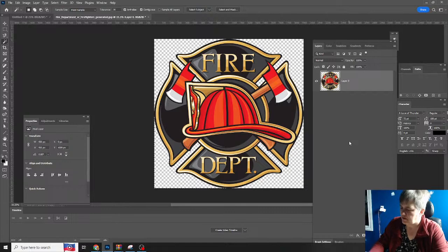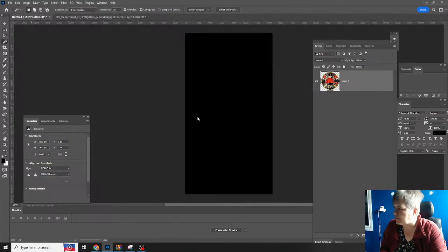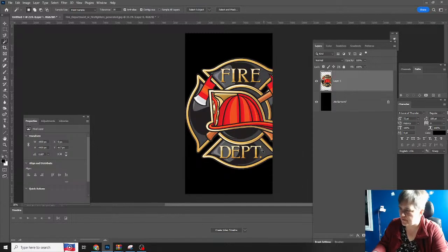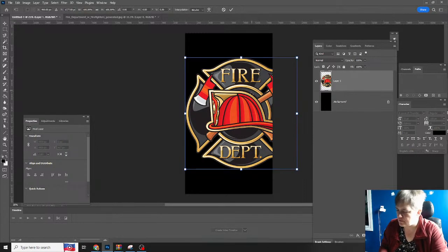Okay, so hit Control D to deselect. Now you're going to hit Control A to select the whole thing. Shift Control C and go back to your design file. You're going to hit Control V and you're going to scale it down. So hit Control T to transform, and then just